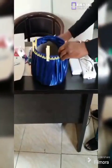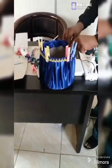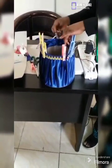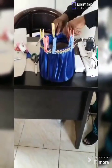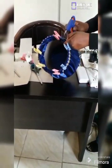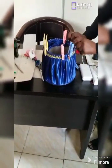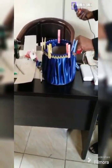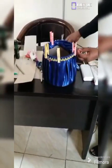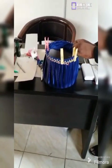After doing the finishing inside, I'm going to apply the Fulani beads. It's common, you can get them in the market, of course. So I had to apply first. I had to use a clip to hold them down. Then from there I started applying. From here I started applying glue to permanently hold them down. And at the end of the day, it came out